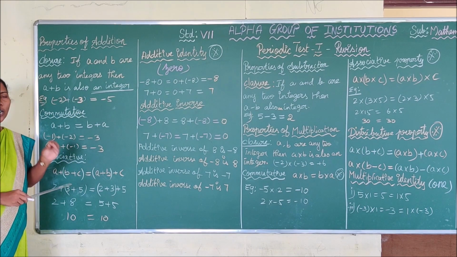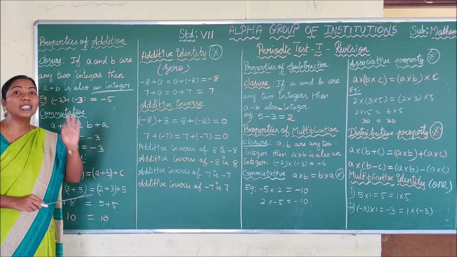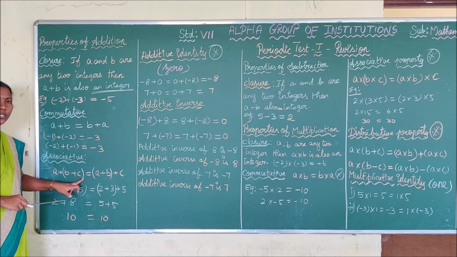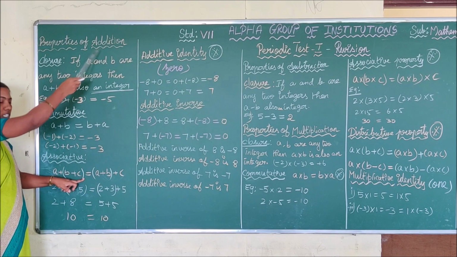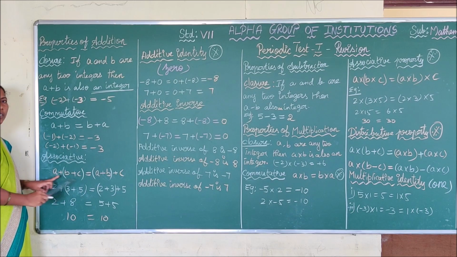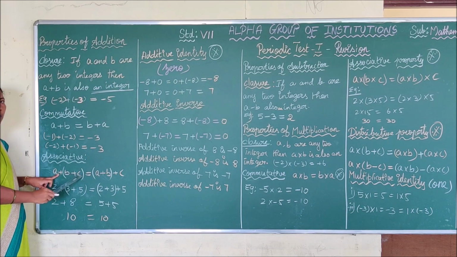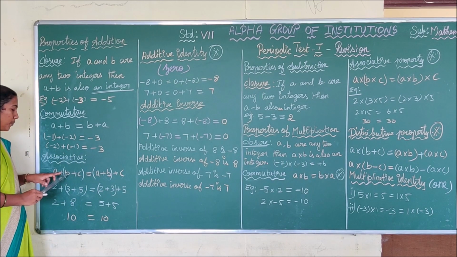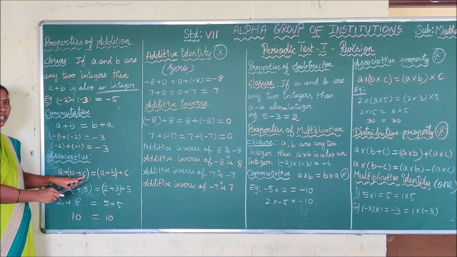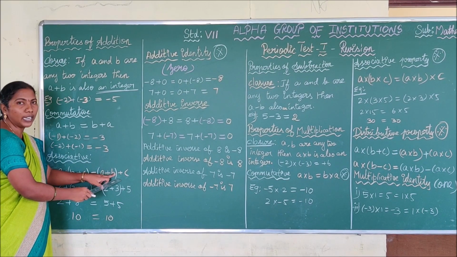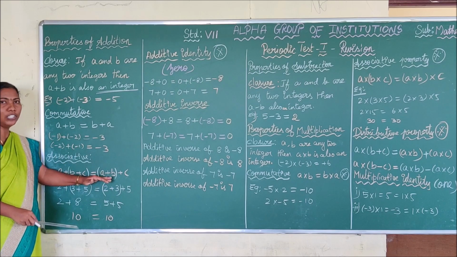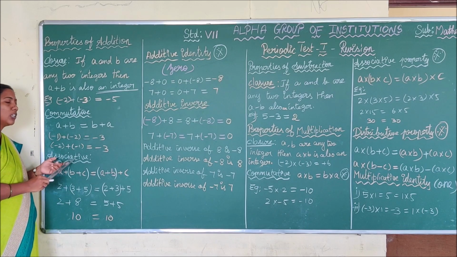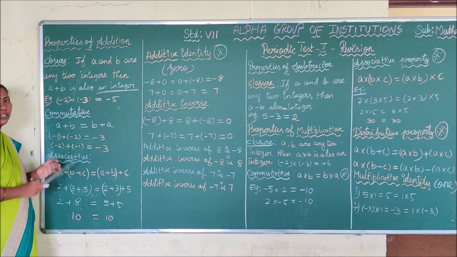The term associative means definitely you have to remember three numbers. Okay, three values, three integers. Associative, three values we have taken. Here our operation is addition. So we are placing the symbol plus between the integers, a plus b plus c. Here also we have a plus b plus c. Associative means you have to change the bracket. See here. Here first we are adding the second and the third integer. Here we are adding the first and second integer first. Though we change the order of addition, we did not get a different result. We get the same result. Thus we can say associative property holds good for the operation addition for integers.